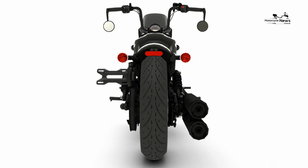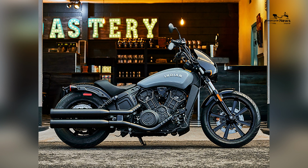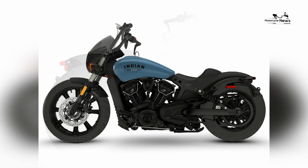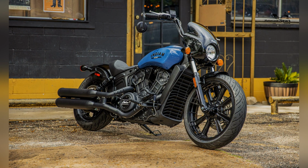The Indian Scout Rogue review begins with its unmistakable design. Taking inspiration from urban custom culture, the Rogue features a quarter fairing, blacked-out finishes, mini-ape handlebars, and 19-inch front wheels that add attitude to its stance. It's a motorcycle that looks fast even when standing still, appealing to riders who want both function and a bold